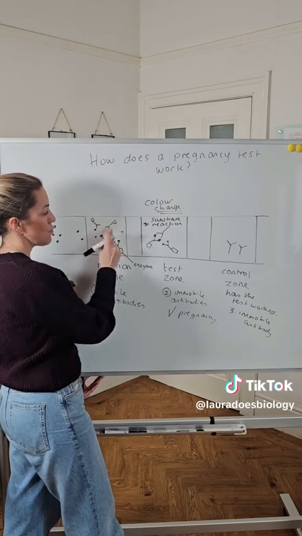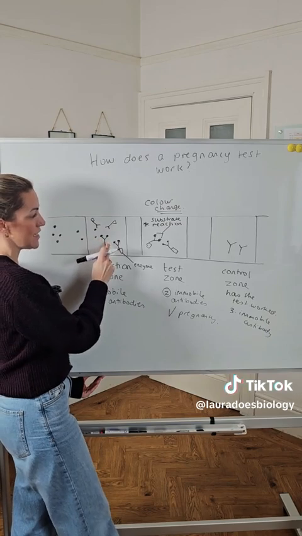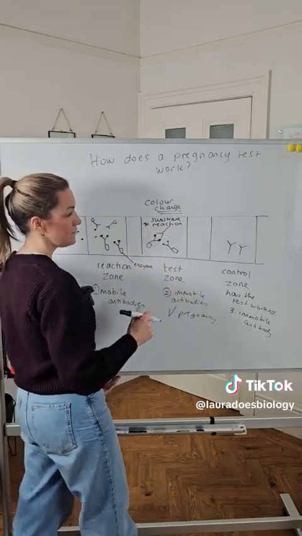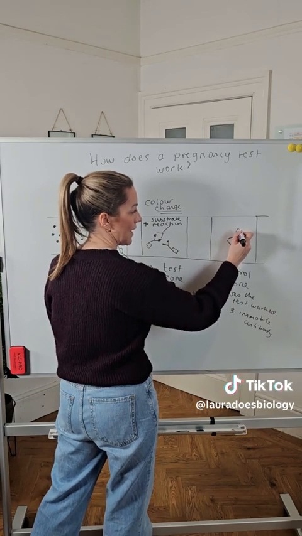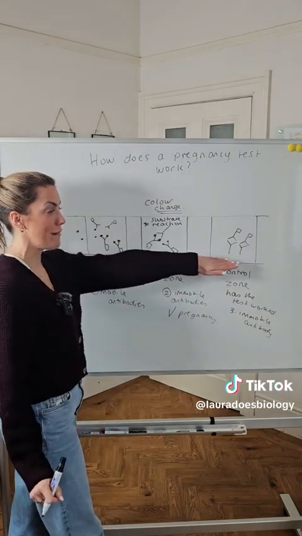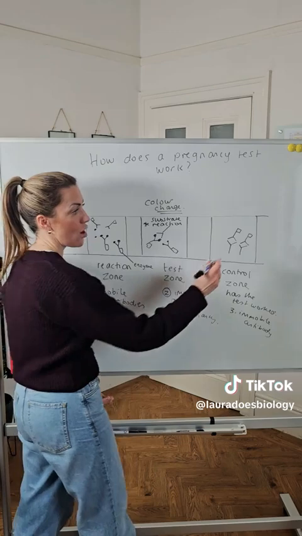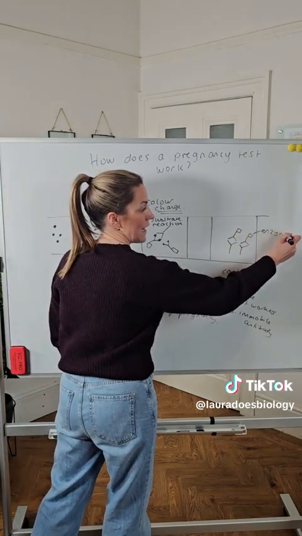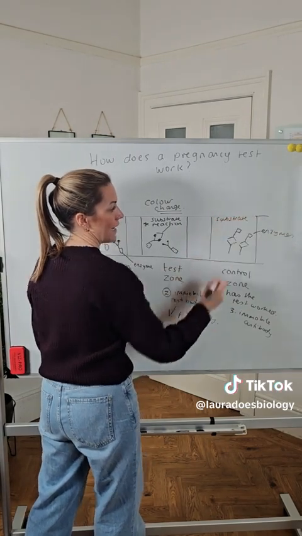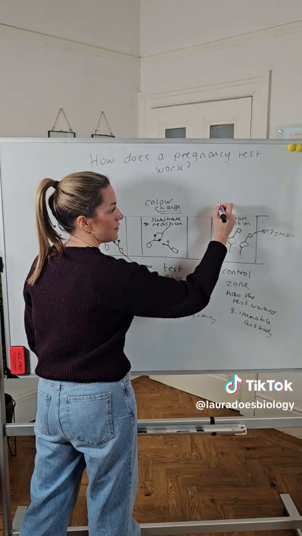excess of these mobile antibodies. For example, here, because there was such an excess, these ones didn't bind to any HCG. They will continue moving along the test strip as the urine diffuses along, and they will get fixed in place here, because this third immobile antibody in the control zone is complementary to the first mobile antibody. So again, you've now got enzymes fixed in place in the control zone where there is a substrate for those enzymes. The enzymes have been fixed in place with the substrate, so you'll get a reaction and you'll get a